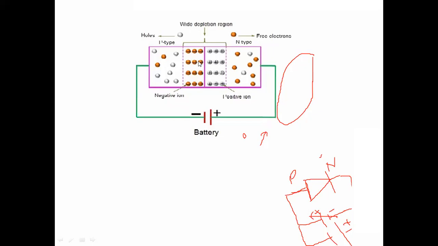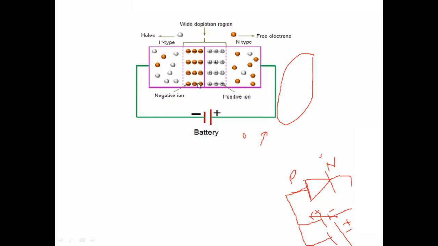Here you can understand the charge increases because more holes are forming on the P-type semiconductor and more electrons are forming on the N-type. So there is a separation of the charge carriers: negative charge on the left side and positive charge on the right side. This will act as a voltage source. Okay, that is the potential barrier.